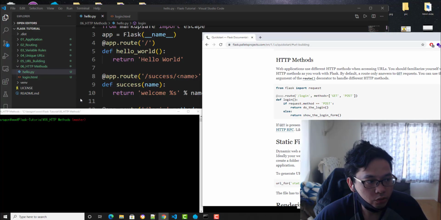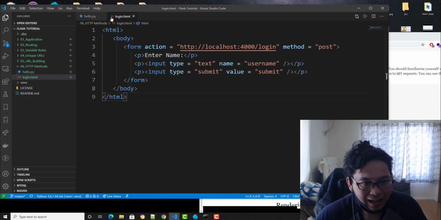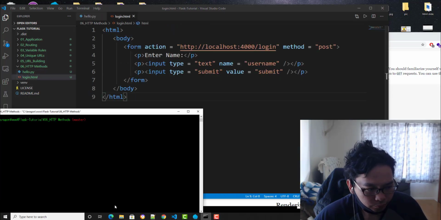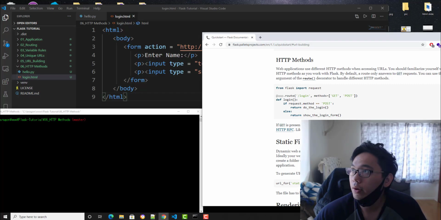So on our 06 HTTP method, we create login.html and hello.py. We have two files for this one, so we can understand it. And on this one, we just use form action. So I'm going to open this on the, where is it, file.